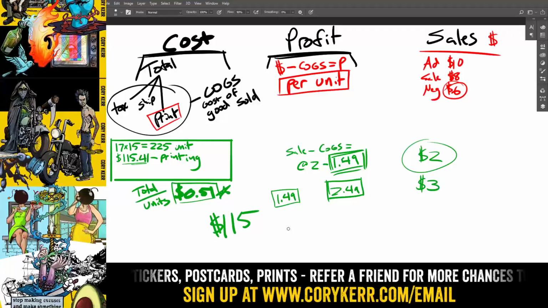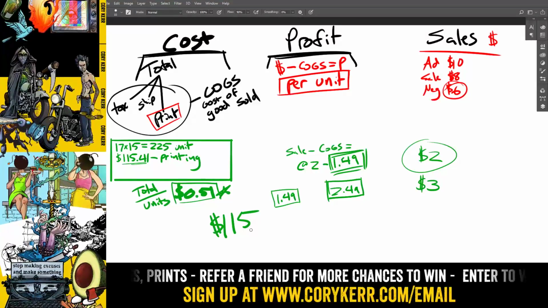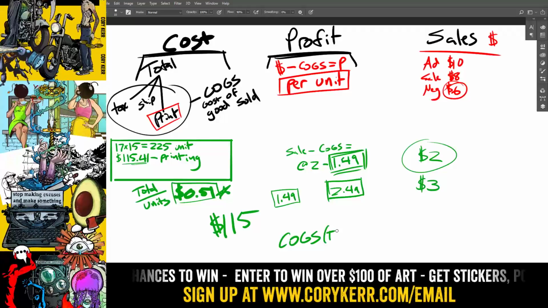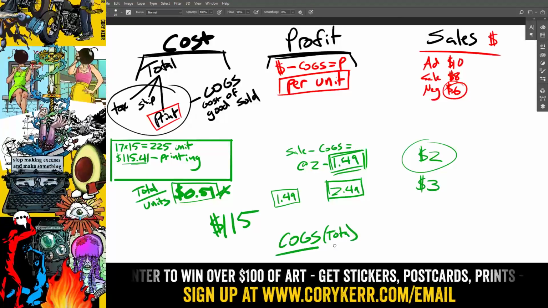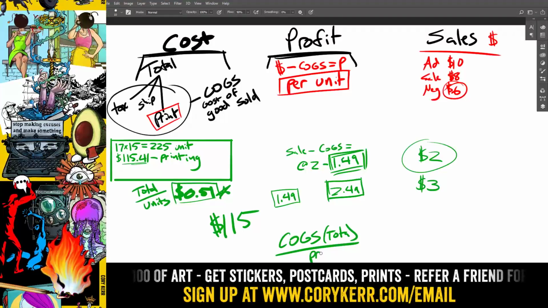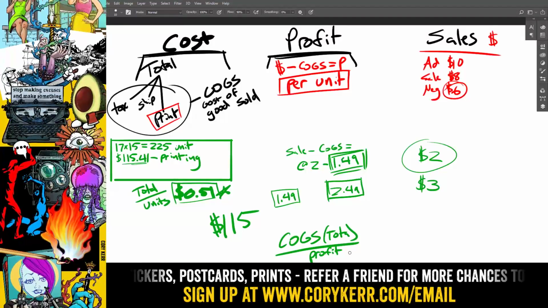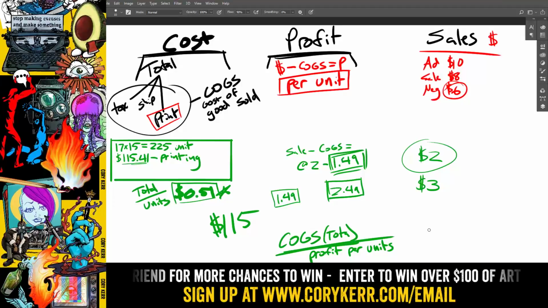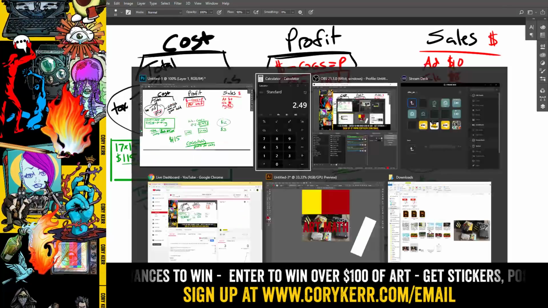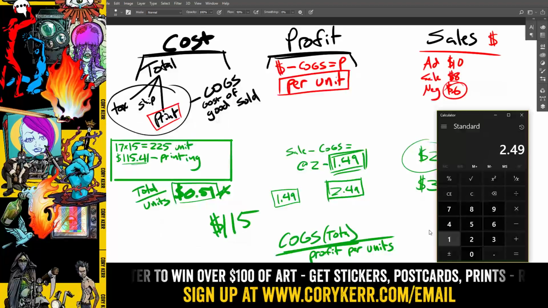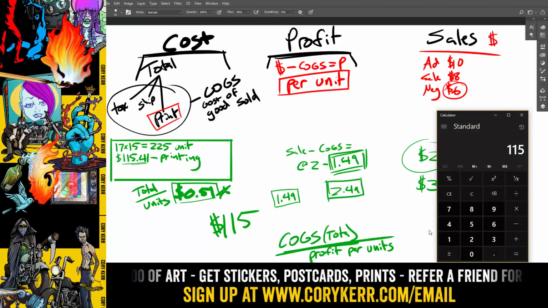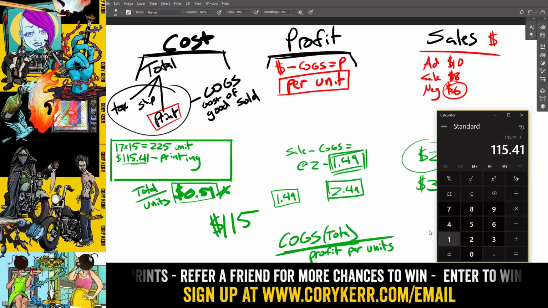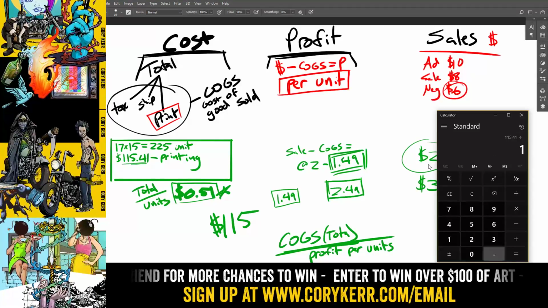So what I actually need to do is I need to do $115, or my COGS total, okay? So my total COGS, and divide that by my profit per unit. And I'm doing it per unit because I want to know how many units I need to sell, okay? So what I do here is I take 115, and we'll do the actual price, 115.41, and I want to divide that by my profit, and I'll say at $2 sale price, I would make